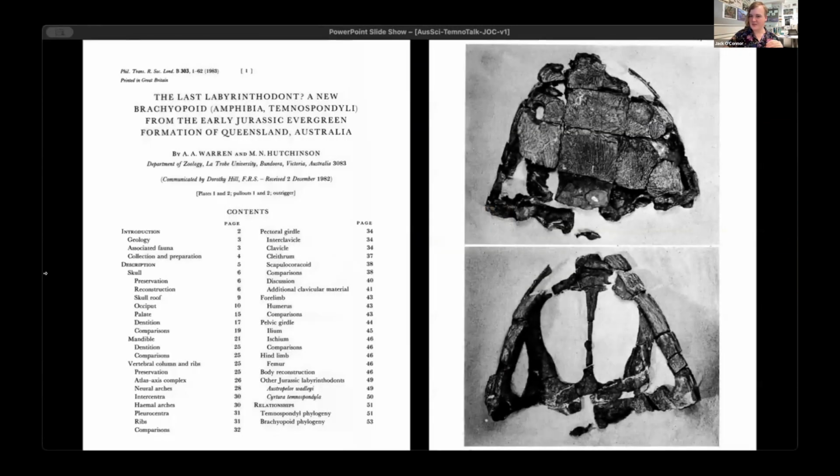How do we do that? Well, the first step is going from 2D to 3D. That step involves taking the scientific papers that we have published about this animal and turning them into a 3D model. Now, this is very difficult because most scientific papers, especially for fossils, usually show a couple of different views of